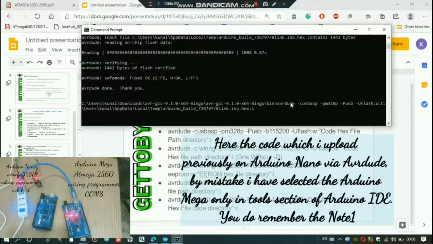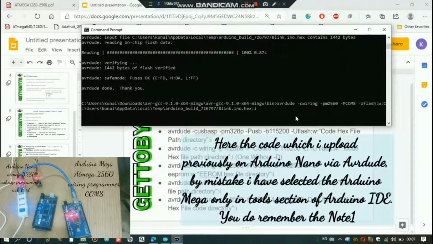Okay, so now next is the ATmega 2560. Now same for 2560, you can scroll the keys up and reuse this same command, just changing the parameters, because you are going to upload the same Blink sketch. You can upload any sketch, just copy its path directory from the Arduino IDE output. Minus C, here we are going to use minus C wiring, minus P M2560 and minus P COM8, and then minus U flash, and the same goes.